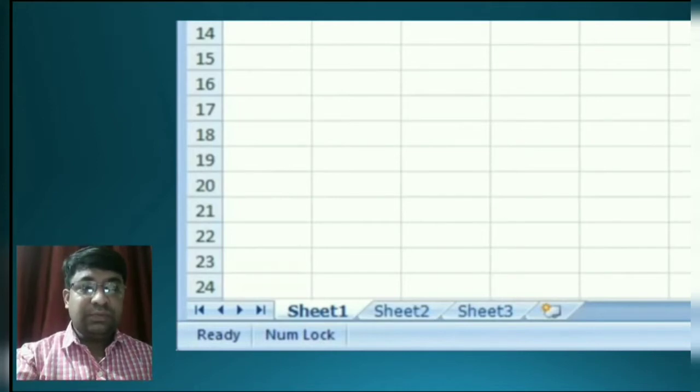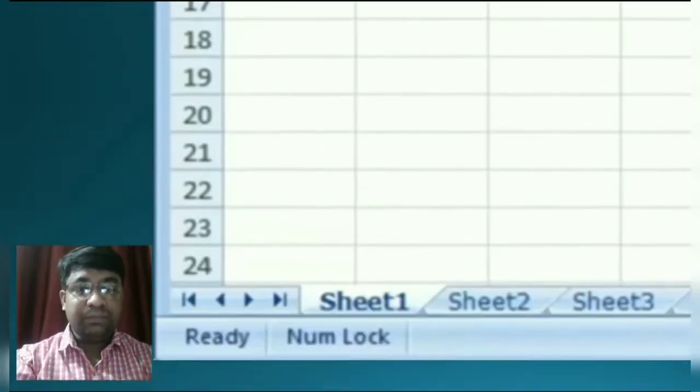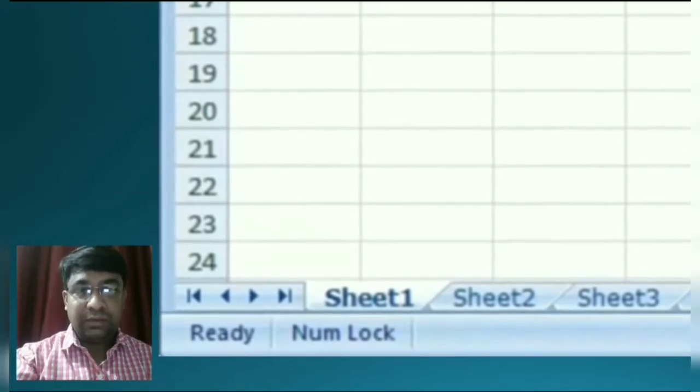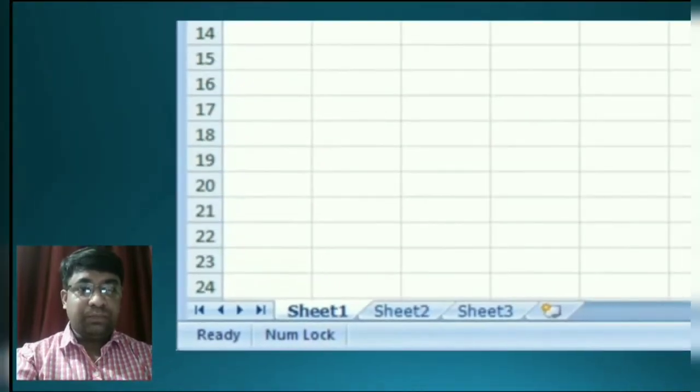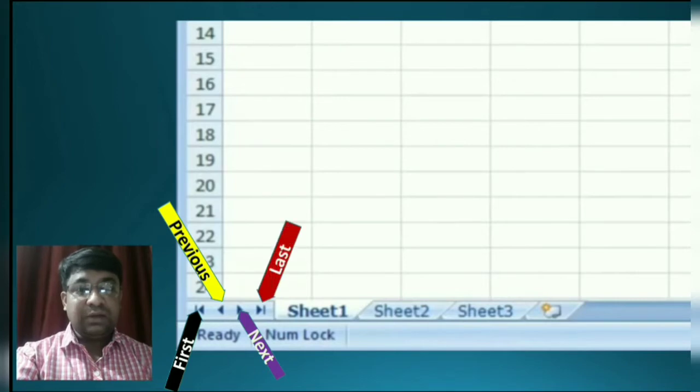So to switch between worksheet, you can click on the arrow button on the worksheet tab. There are 4 arrows available at the bottom left corner of the workbook. So from here, you can switch between first, previous, next and last worksheet.